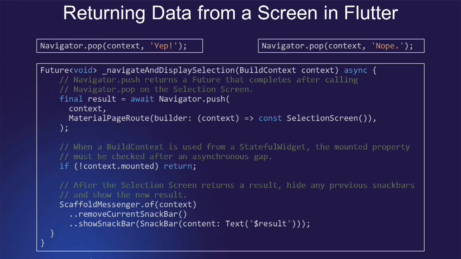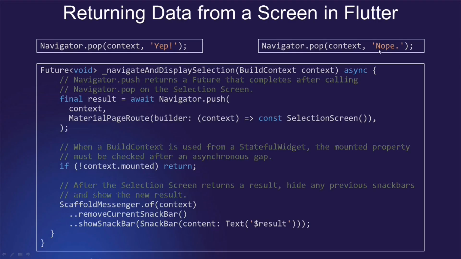Now let us understand the code for this. So here you can see we have the method called Navigator.pop. Inside that I provided either Yep or No. So whenever that button is pressed, Yep or No, I write this code Navigator.pop(context, 'Yep' or 'No') depending on which button is pressed. Now how to retrieve that data inside the first screen is shown here.